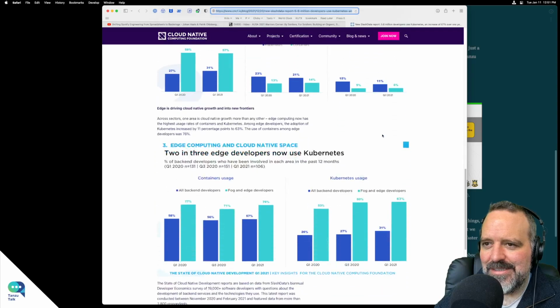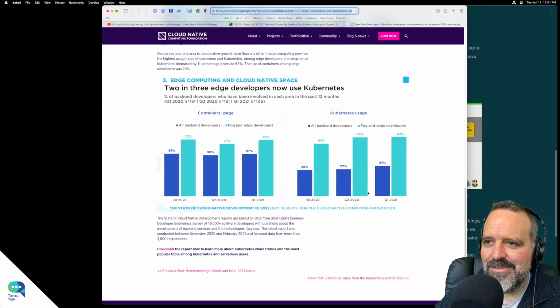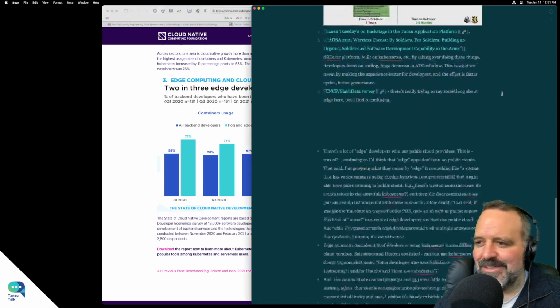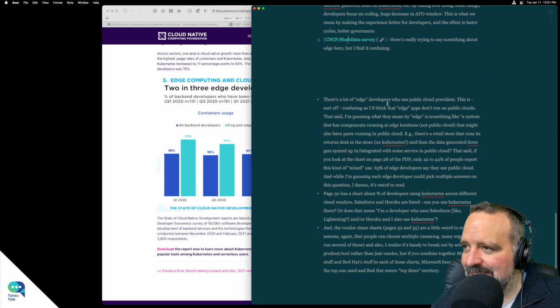Kubernetes awareness, 2 stages. Yeah. So here's one example: there's a focus on what's the deal with edge in Kubernetes? They're trying to say something really interesting here, but it gets really confusing to me, at least, because of the way they define edge. Where did I write that? So here's, I don't know, it starts to get weird.